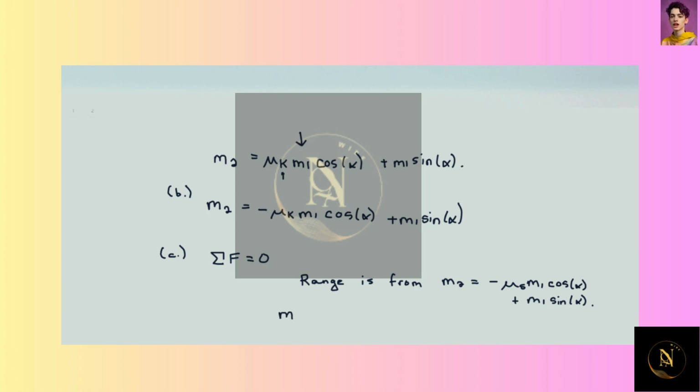And then the higher value is this value here, except we need to make that change here. So m2 equals mu s times m1 cosine alpha plus m1 times sine of alpha. And that's your range. And that's the end of